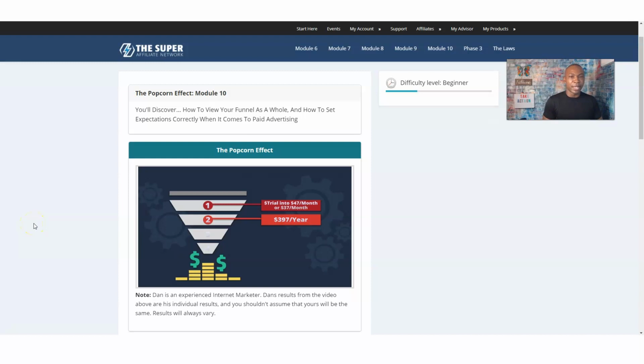So basically, it's just breaking down methods in terms of levels, in terms of a funnel. You'll learn this whole process is really cool. I didn't even know about it. I really thought that basically you only did it one way and that's the way you did it. But then here it breaks down the different levels and different types of effect of how that popcorn effect, how your funnel can really have that energy effect, and have that wow, one funnel can do all this. I did not know that at all, and you're going to learn that when you go through this training as well.